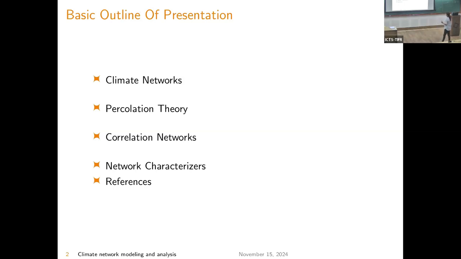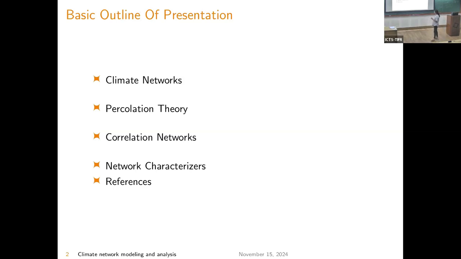We'll discuss the plots and results. First, I will talk about climate networks, how to construct them, which data sets one can use, and where one can find them. Then what is the percolation framework, which is usually applied to construct a climate network based on a correlation function. Since it's a correlation network, I will talk about correlation networks. In this case, we have used a linear correlation function, that is, we have calculated the Pearson correlation function. So I will talk about that.